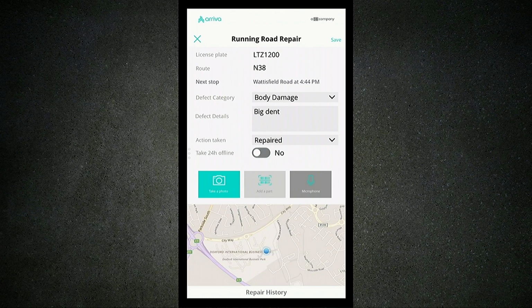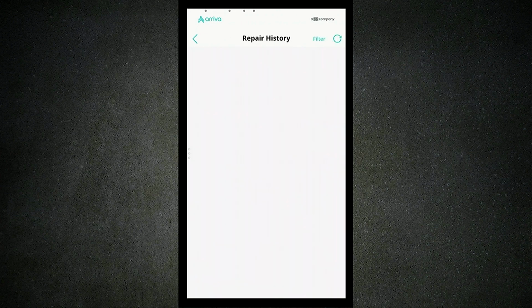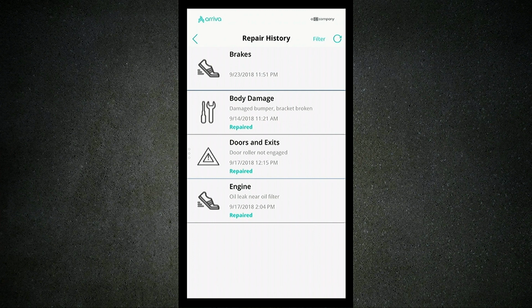And PowerApps brings together all these different data sources, something like 10 different data sources into a single mobile experience, which they can take with them in their pocket with their own devices. And this is built by a non-developer. That's what was so special about it, someone actually from the business. And if I click through repair history, I can actually go see all the repair histories associated with this particular bus as well.